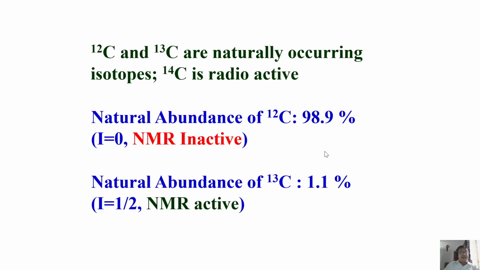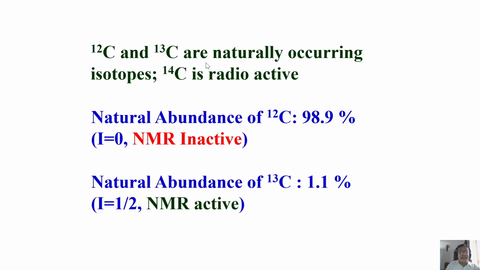You see this thing? Nature is helping us. You should take it as an advantage for us. Let us say carbon 12 abundance were 100%. In all the organic molecules, you have so many carbons. Your NMR spectrum would have been so complex, it would have been impossible for us to analyze easily. We would have had to struggle a lot because it would couple with all protons: proton-proton coupling, proton-carbon coupling, carbon-carbon coupling, everything would have been there.